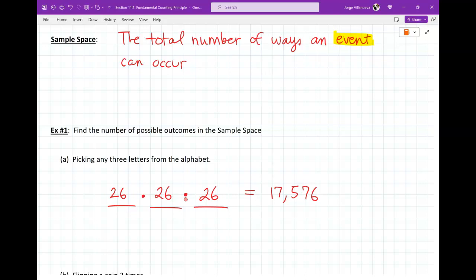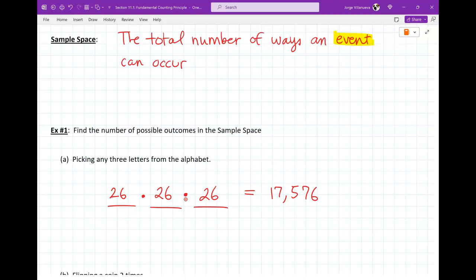17,576. You could say, okay, AAA, that's 1. BBB, CCC, DDD, EEE, right? And then once you're done doing all 3 of the letters individually, you can be like AAB, AAC, AAD, AAE, AAF, AAG, right? And then do that with ABA, ABC, right? So doing all those combinations, if you had to write them all down, there'd be